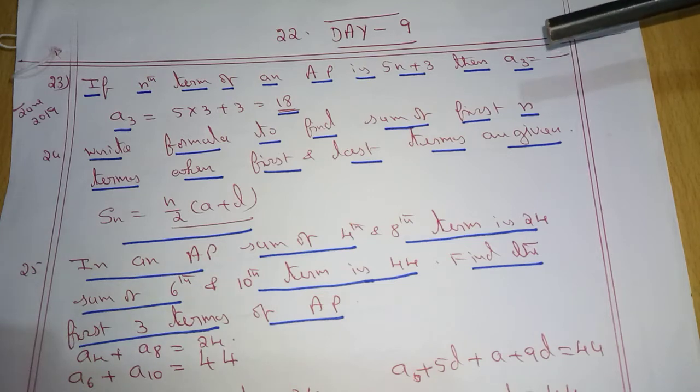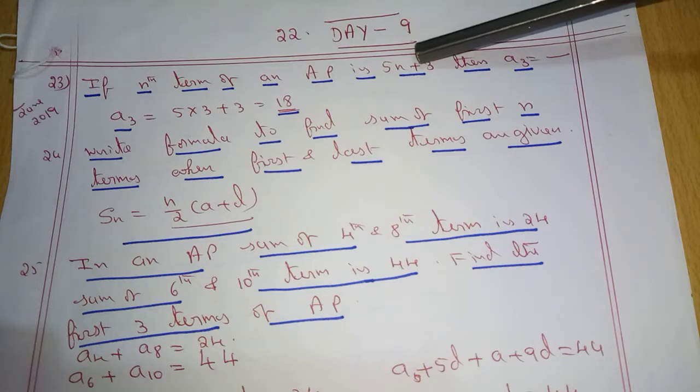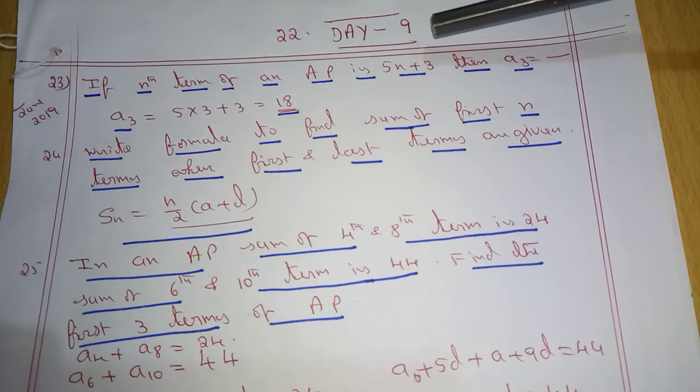Before that, I want to tell you, everyone should have one separate notebook for mathematics. Whatever sums I have given, you should copy all those sums in a single notebook. No other subject writing should be there. On one side, write down the sums given by me. On another side, write the sums discussed by Satish sir. I hope I made it clear to everyone.